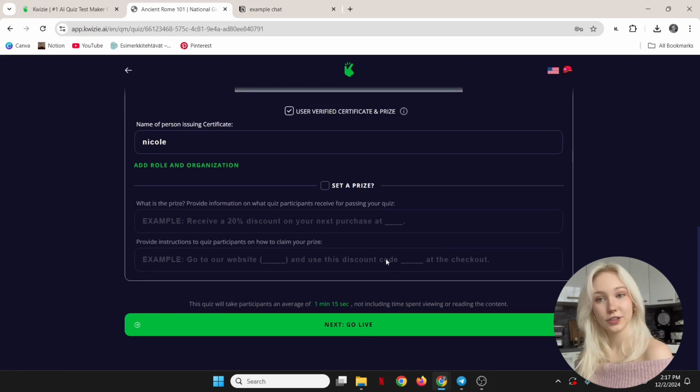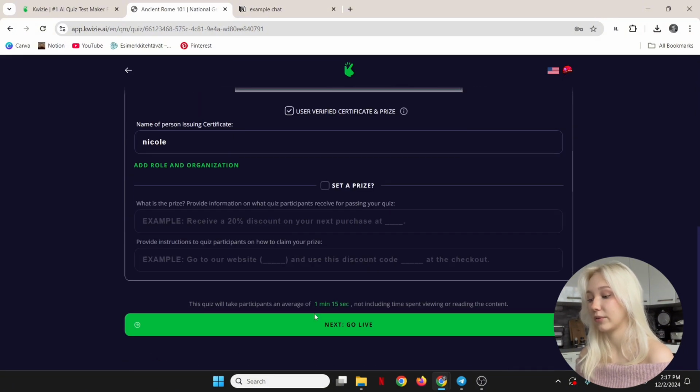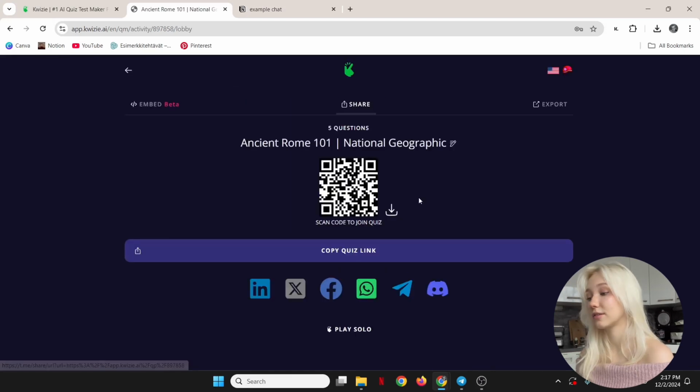So, congratulations, you're finally done with your quiz. Now, the very last step, share it. You're probably on this page where you can edit your quiz conditions. You just scroll down and press next, go live. You press this button and ta-da, there's going to appear an already done QR code and also this button right over here